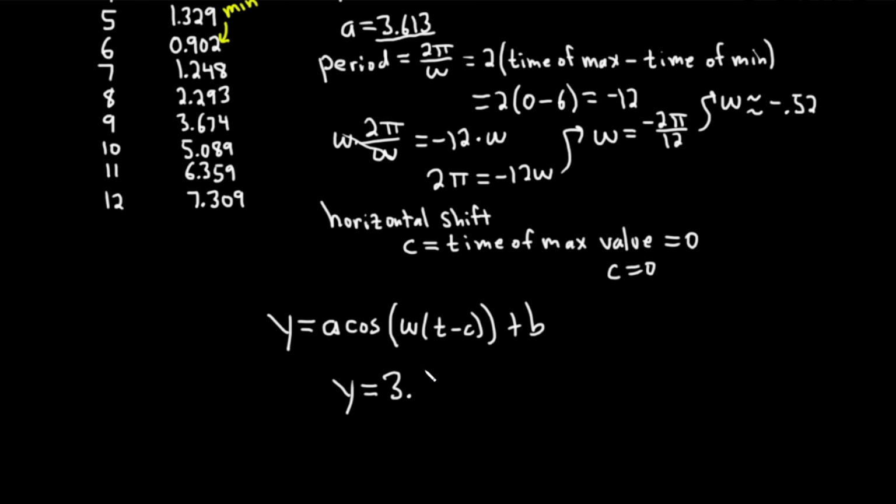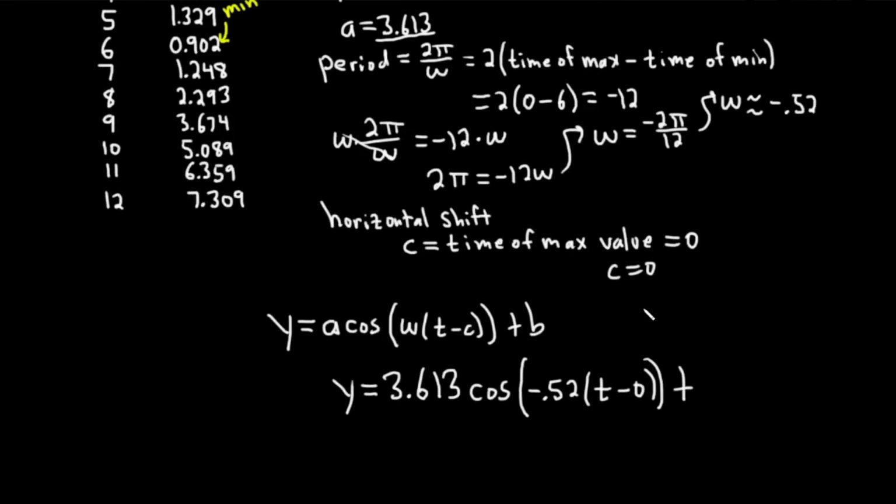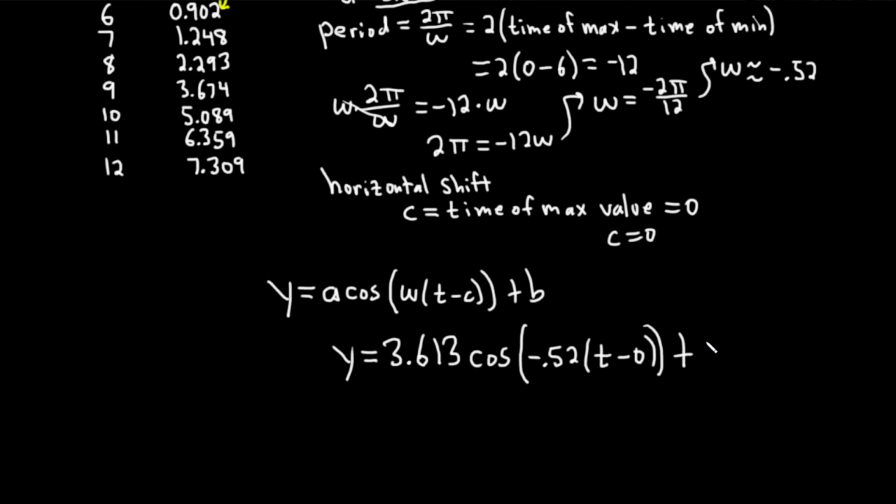We get 3.613. And then we have cosine of omega, which was negative 0.52, parentheses, t minus 0. And b was 4.515. It's at the very beginning. 4.515. So y is equal to